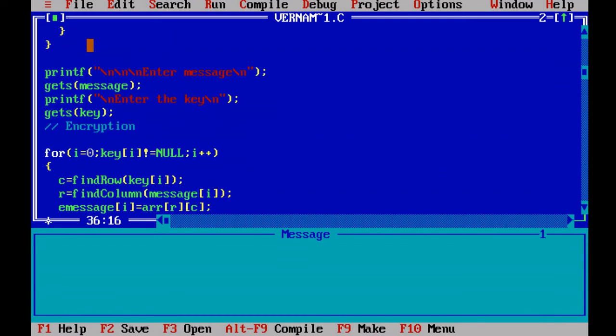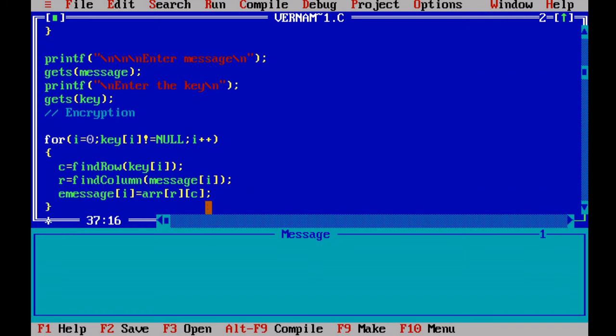On this line, the program asks to enter the message, which is nothing but our plain text, and on this line we get the key. Our key is nothing but a one time pad. So we give the plain text as characters, and also the one time pad, that is the key, as characters.